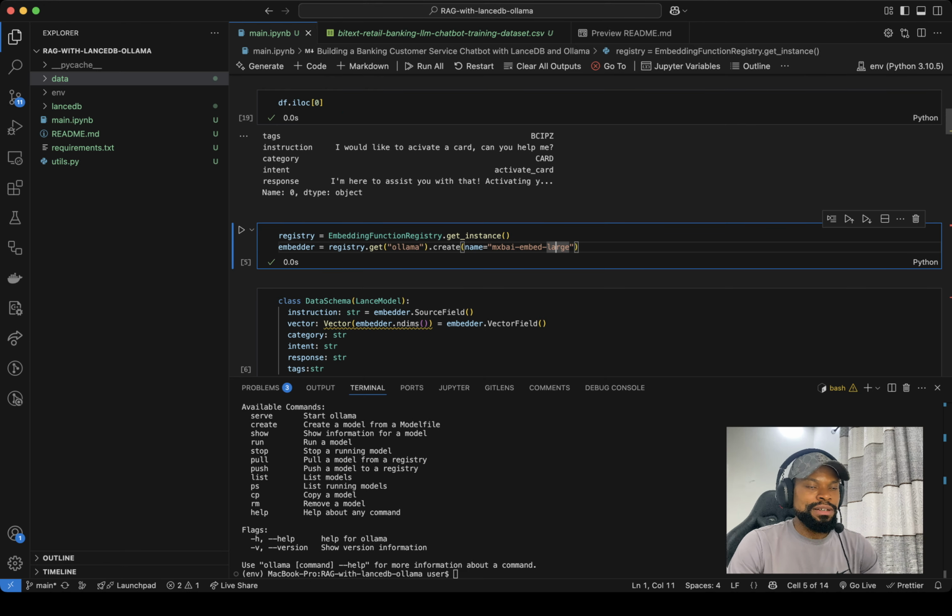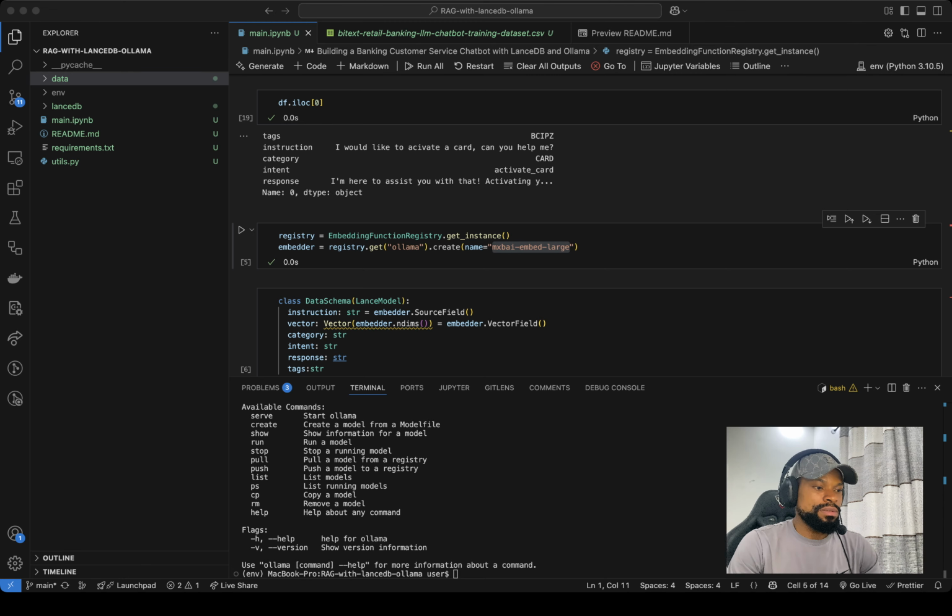There are paid models that do the job, like OpenAI models, but I'm sticking with the open source one since it's free. I'm using the mxbai-embed-large model, which is on the Ollama website. If you search it, you'll likely see it. The way you do it is once you install Ollama,